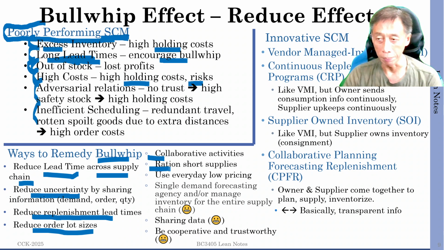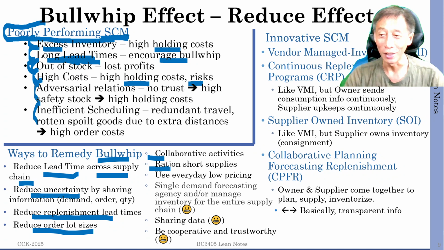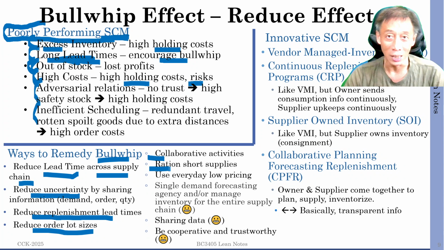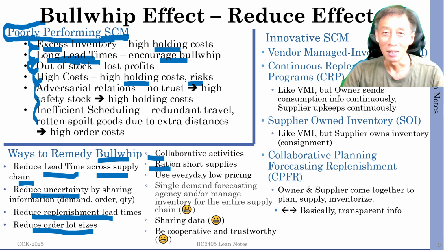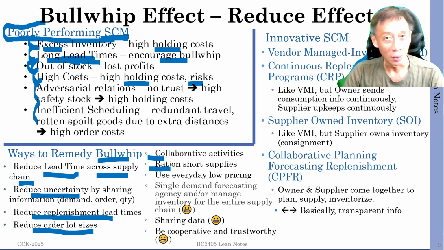Ration short supplies. So don't starve everybody just to feed 100% on one customer. Try to give a little bit to everybody. So that is true, so as not to generate a signal that... Because if 99 customers couldn't get stock, right? Only one says, yeah, I managed to buy. Then what is the rumor? Hey, it's going out of stock, right?